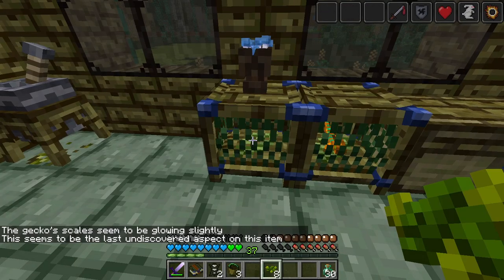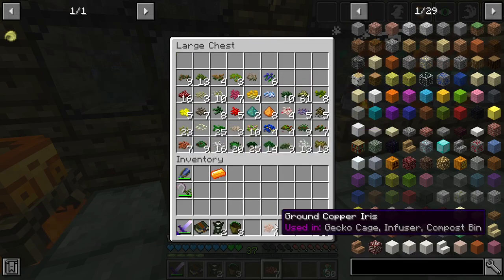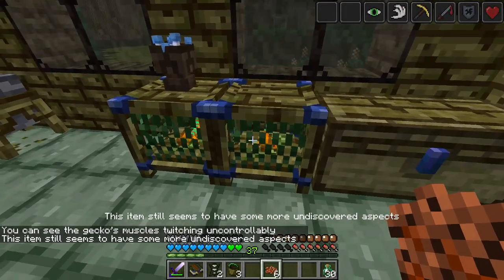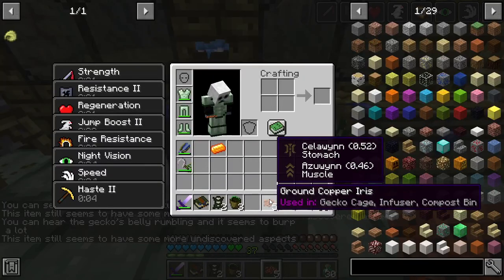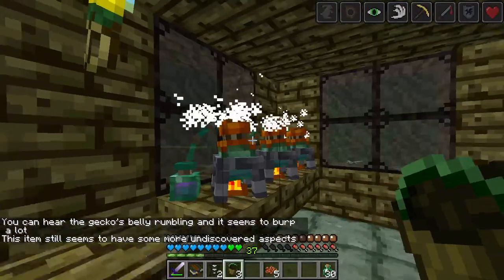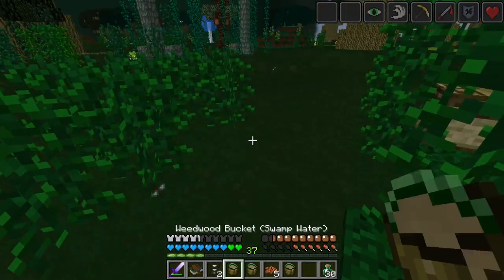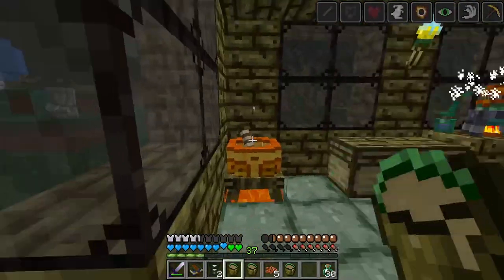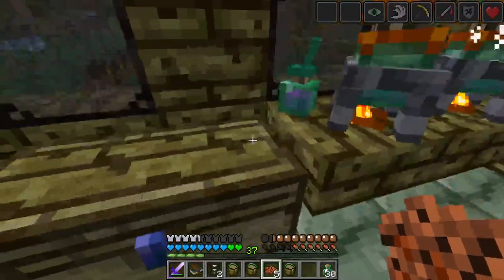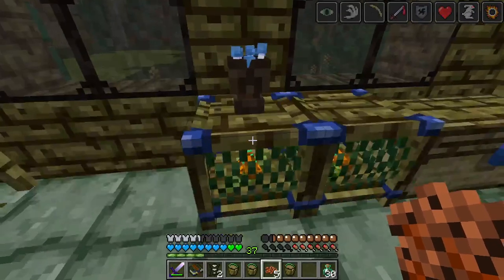The gecko died. Oh well, rest in peace. Copper iris. Let's get a new gecko. Okay. Please hurry up. Please? Actually get some more water while we're here. Swamp water is your best friend when making this stuff. Almost there. Y'all done yet? Yeah, I'd recommend having more gecko cages, but...